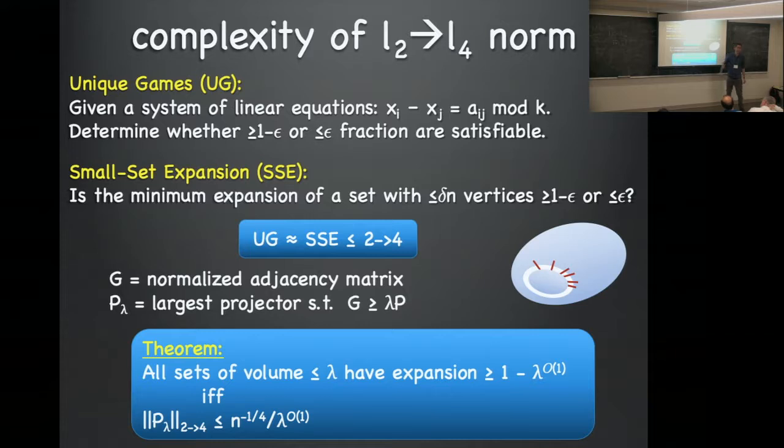So, good. So these are things we'd like to solve: HSAP and 2 to 4 norm. And so far, all I've done is I've told you why they're hard. Right? I said if you can solve HSAP, you can solve these other things. If you can solve 2 to 4 norm, you can solve unique games and so on. So, what about algorithms for it?